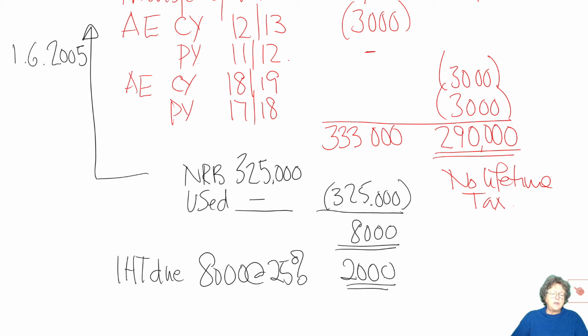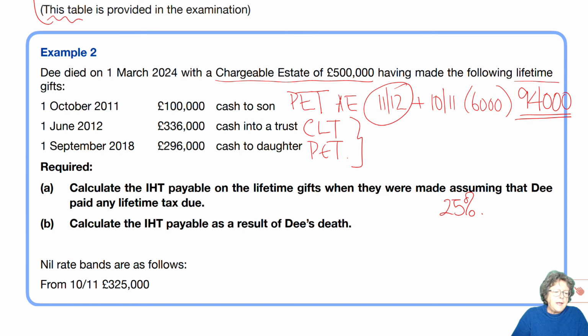And that's the IHT due on the lifetime tax. So let's go back to the question. A, calculate the IHT payable on the lifetime gifts when they were made, assuming that D paid any lifetime tax due. So you could simply deal with the PETs like that,